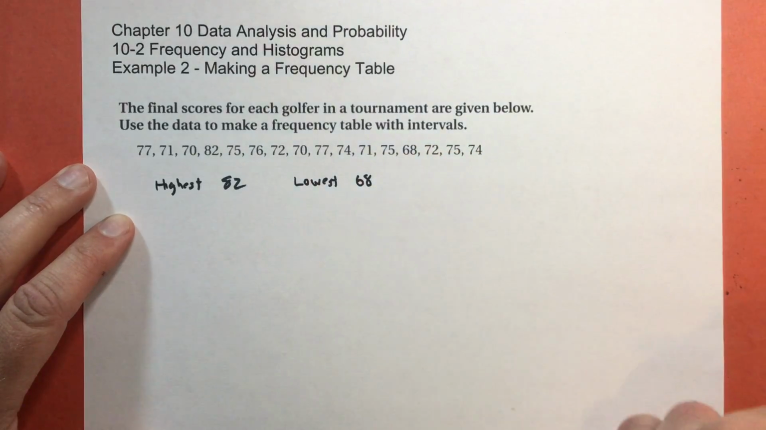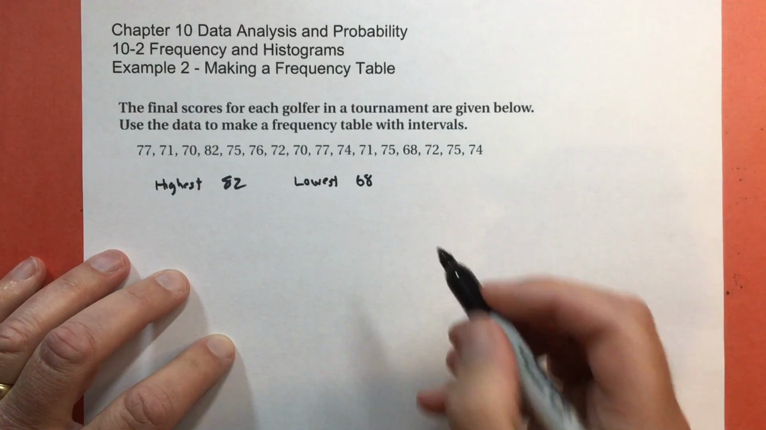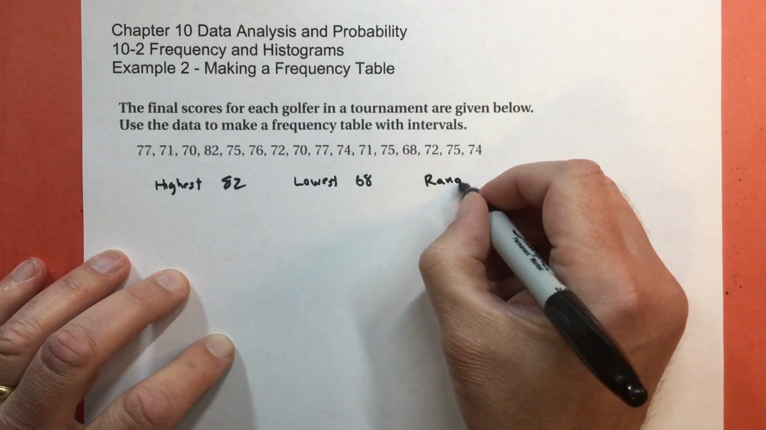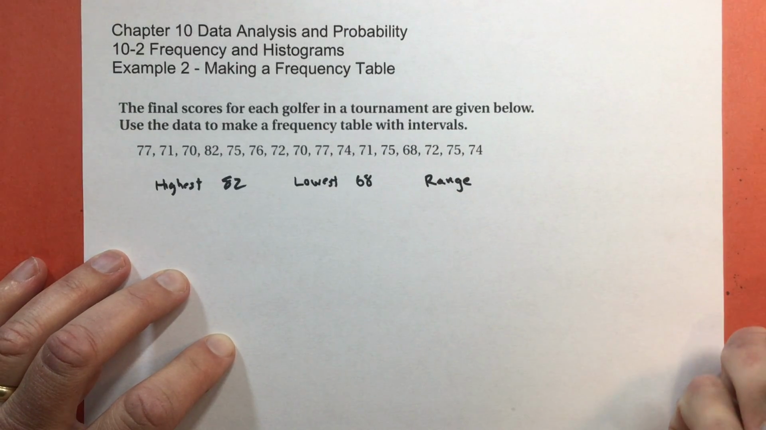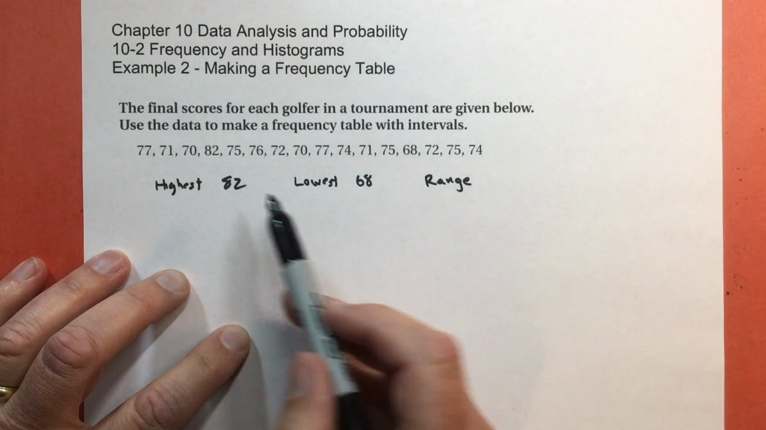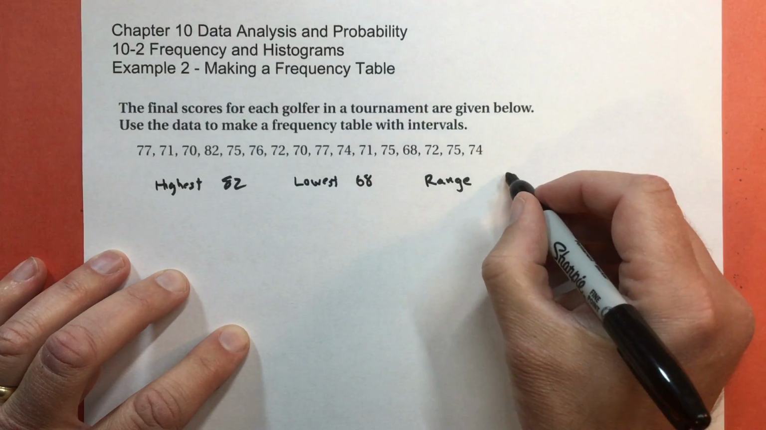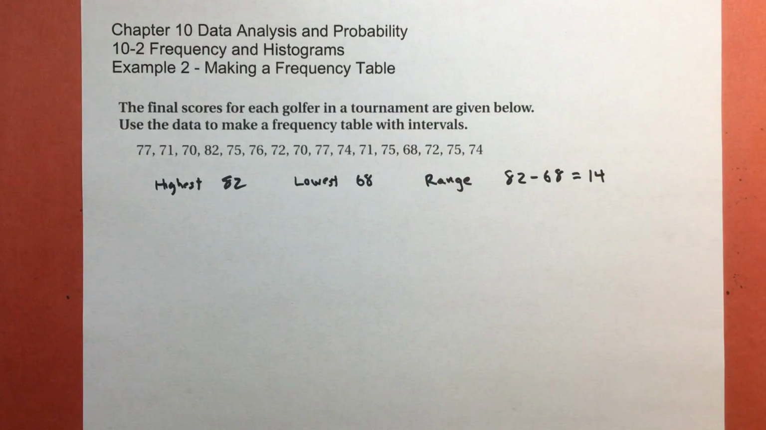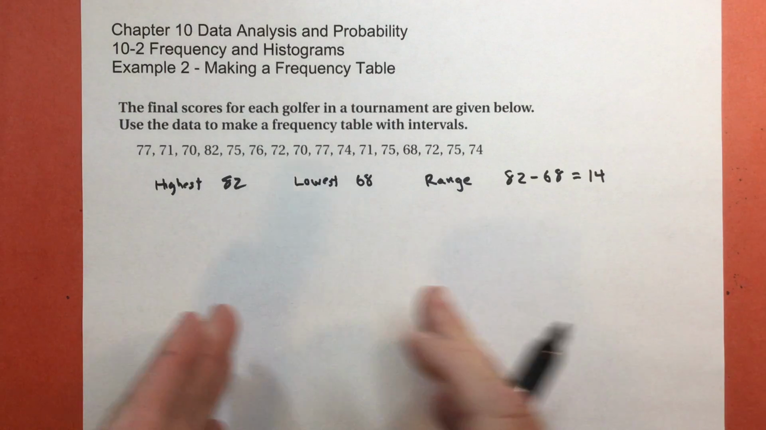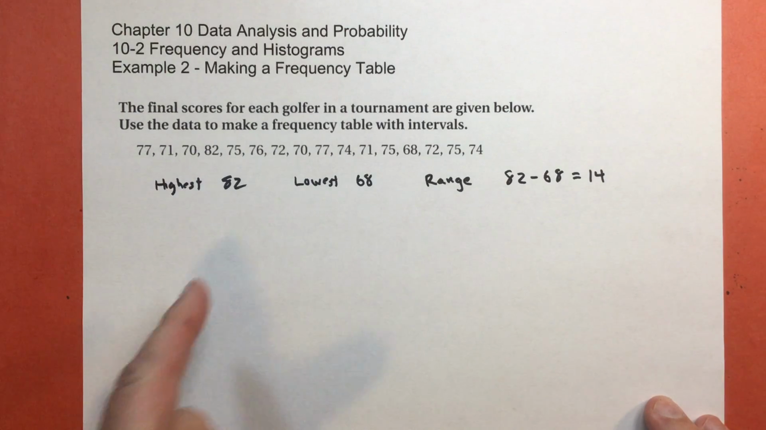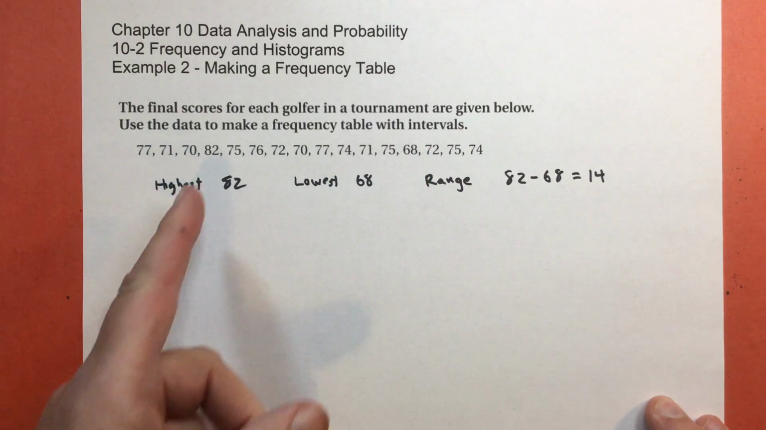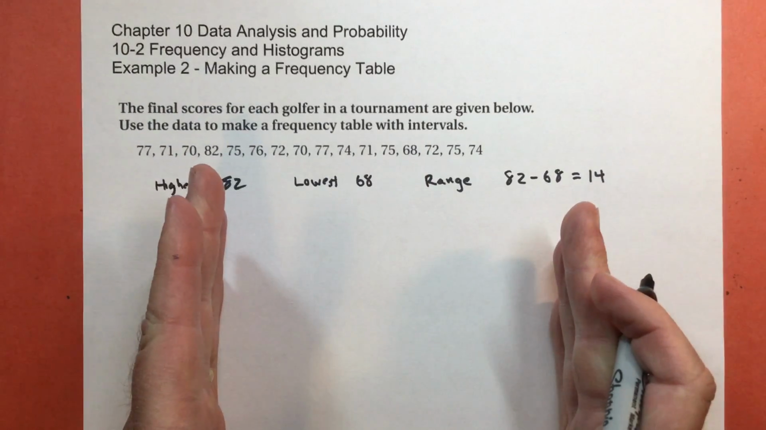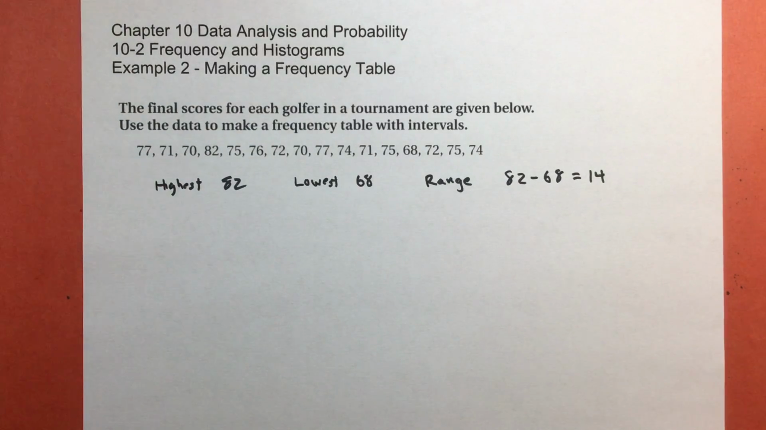All right, now we need to find the range. And if you remember this from Algebra 1 and pre-algebra, the range is the highest number subtract the lowest number. So I take 82 and subtract 68, and my range is going to be 14. Okay, so that's what we call the width of the data. If I made a number line with this data, it would start at 68 and it would end at 82, and how wide it would be on the number line would be 14. What I would now want to do is split that into